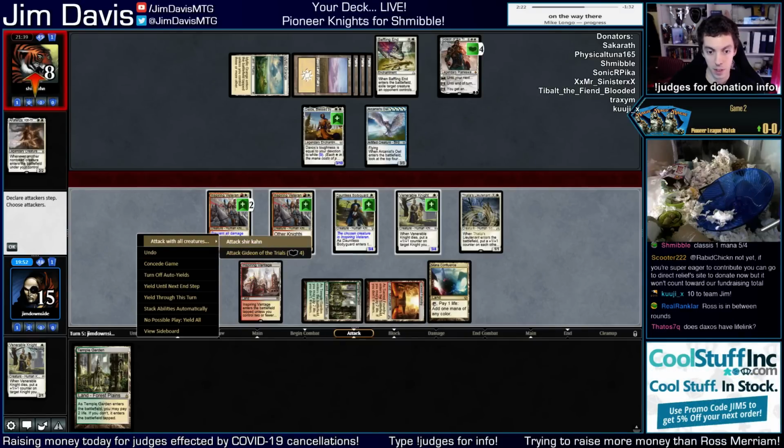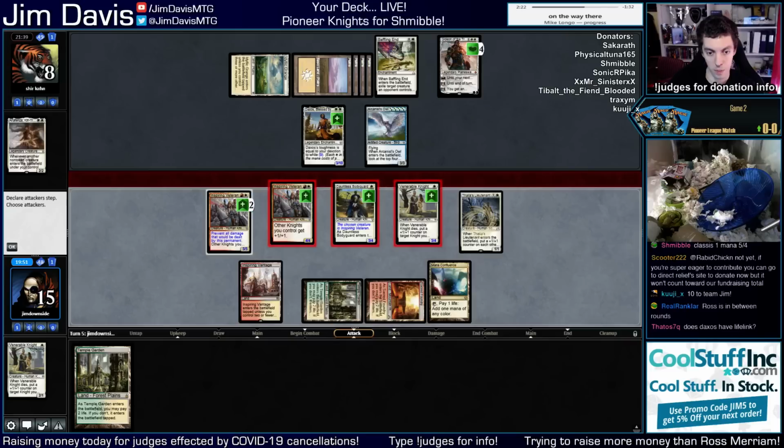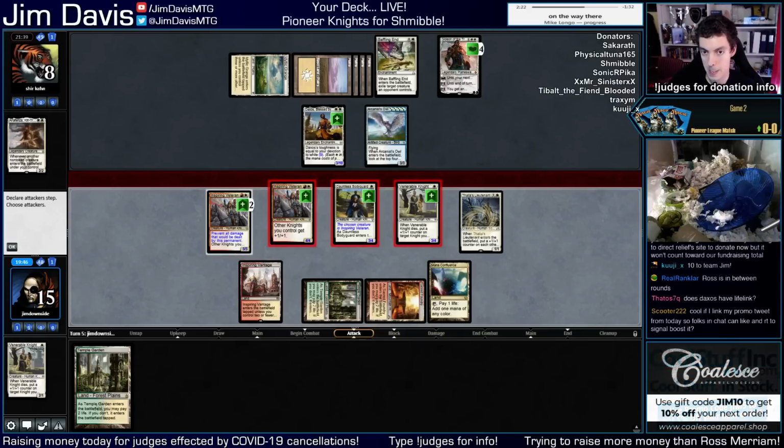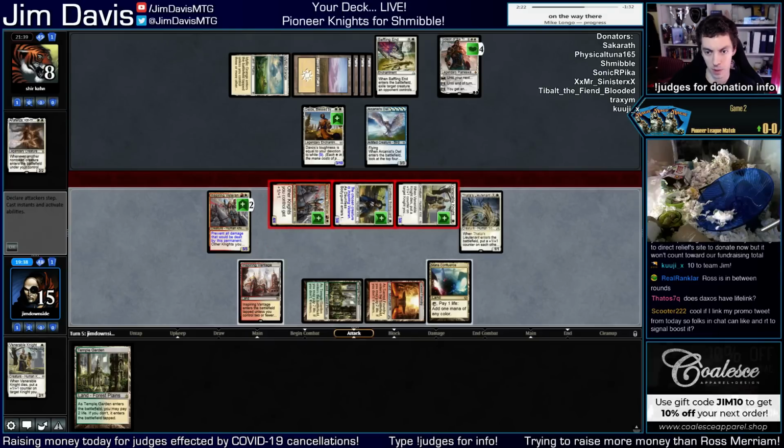I guess putting them to 0 first is better. Of course. Scooter, of course. Daxos does not have lifelink now. I mean, they can, like, double block and kill something, but...